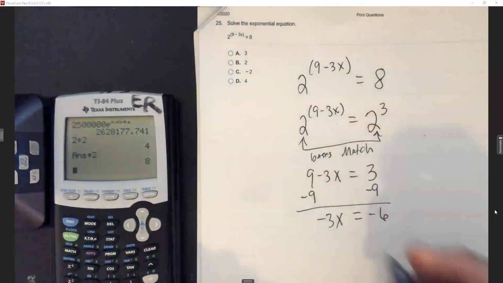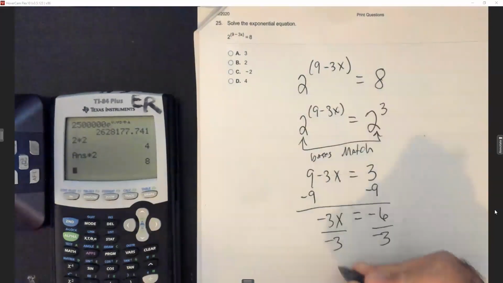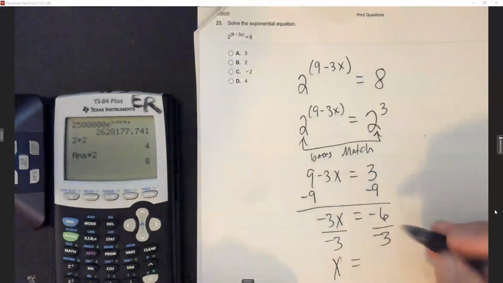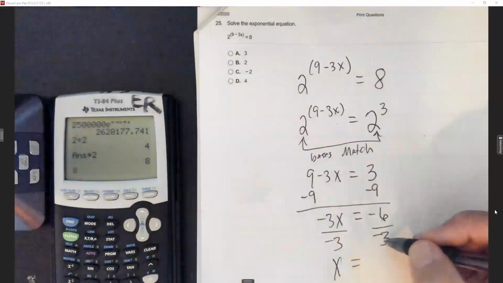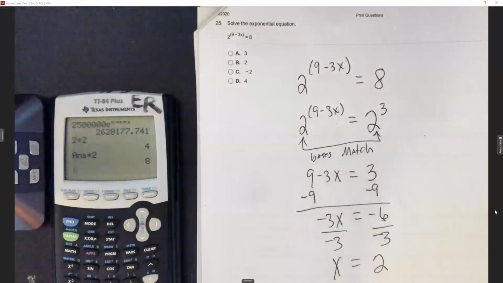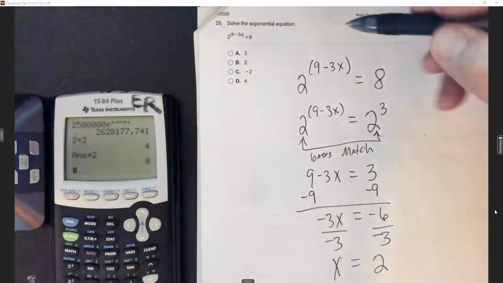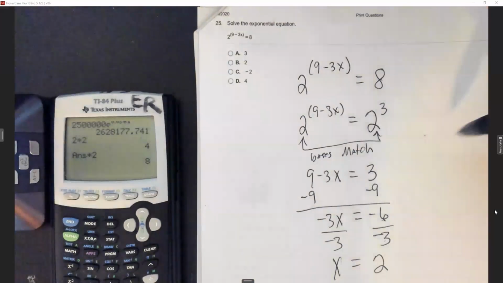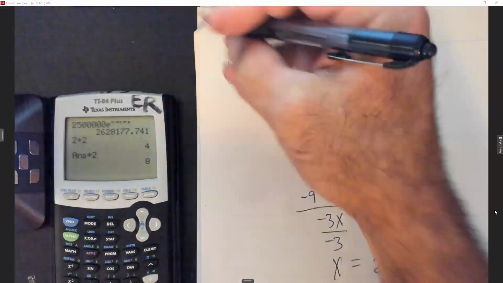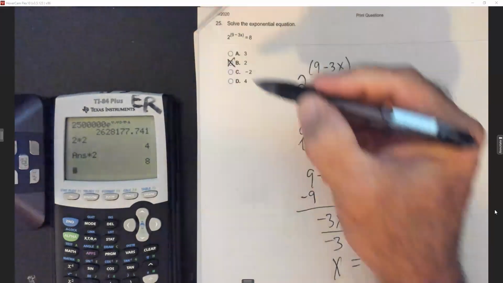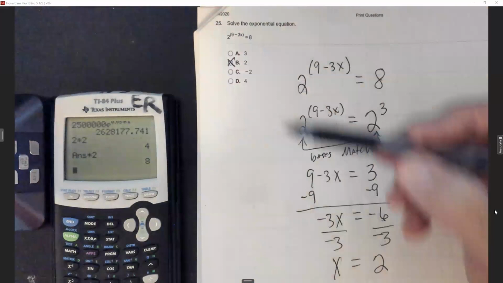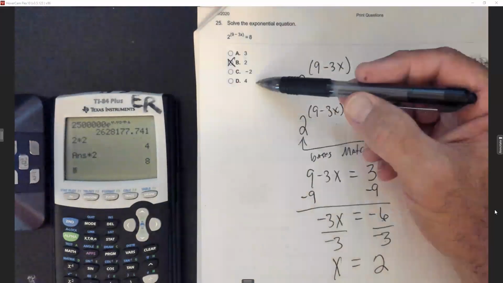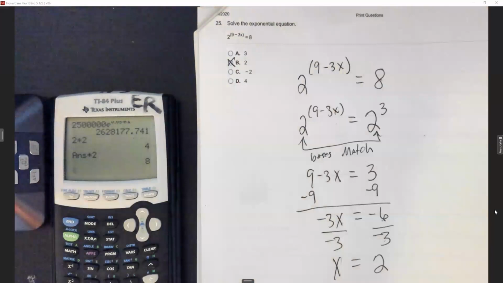And then divide both sides by the negative 3 so that that x comes out. And then negative divided by negative makes that a positive 2. Okay? Which means I'm going to go with B. Now they try to put a negative one on there. And then 3 and 4. I'm not sure where they're getting all them numbers at, but